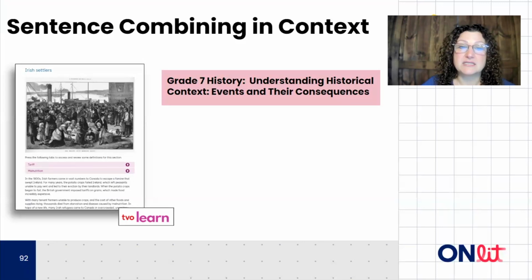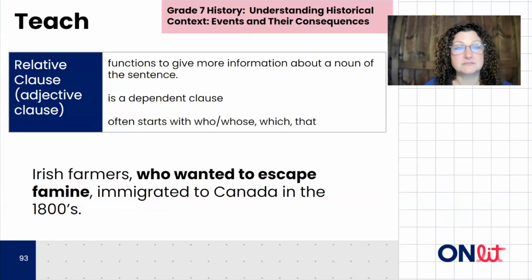Here's a sentence combining activity that may be used with students in grade 7 who are learning about the famine in Ireland that caused an influx of Irish settlers to immigrate to Canada. As students get older and they have had many opportunities to work with sentences, educators can keep the combining more open-ended and allow each student to combine in a way that they choose. Educators need to ensure that the sentences generated are grammatically correct, and they can choose specific combinations to highlight and